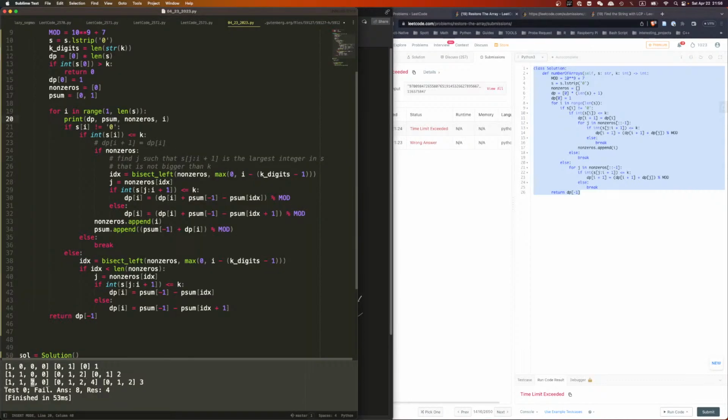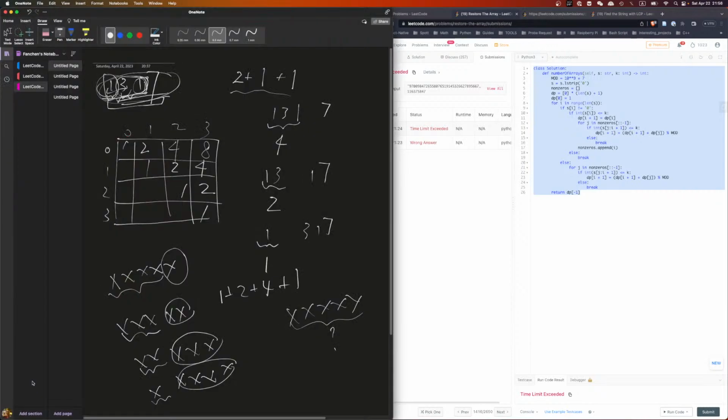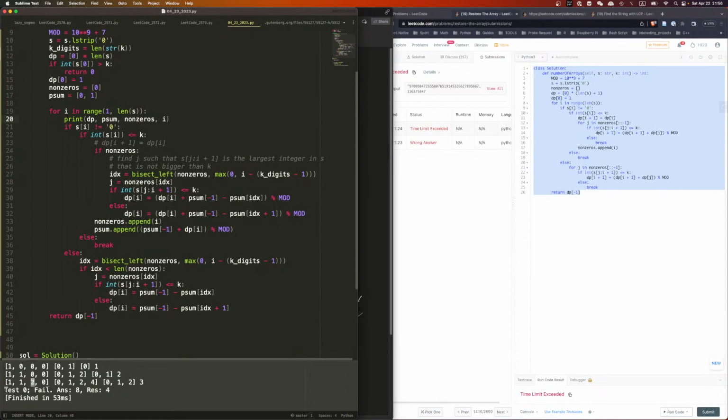This one shall be 4. Shall be this position, shall be this value. What? Oh yeah, it is. Right? It is. So isn't that should be dp? dp is just